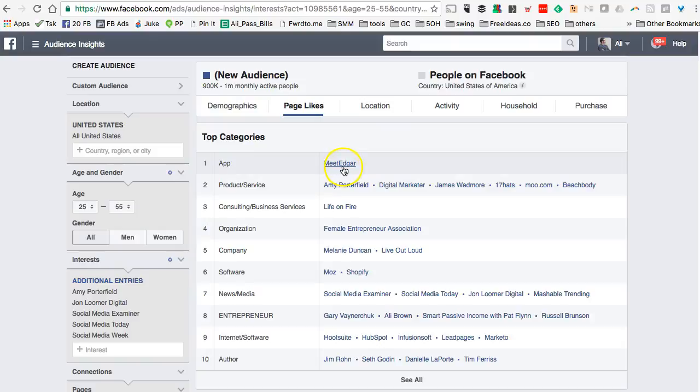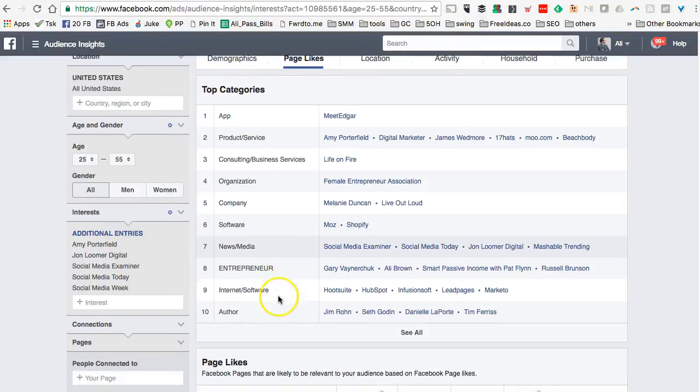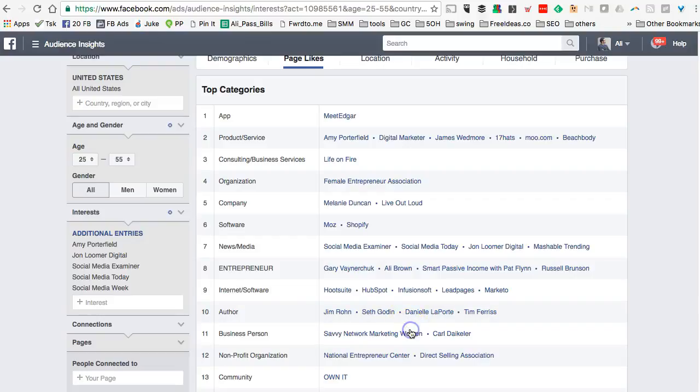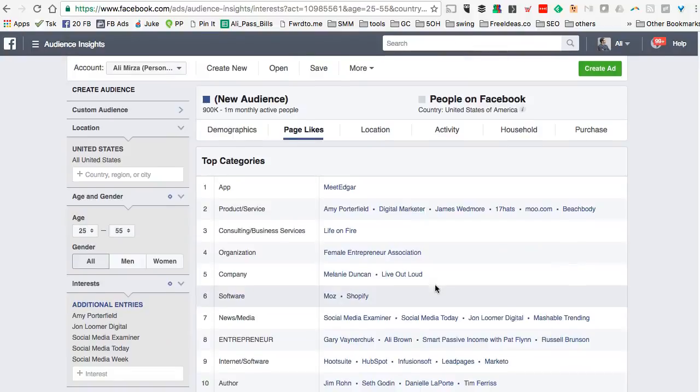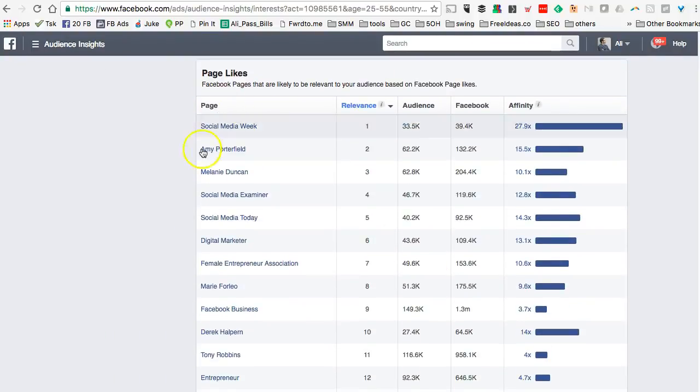Here's the top app they use, different products and services, the organizations, companies. Here's the software they use. So my target audience uses Moz and Shopify. And here are different entrepreneurs they are connected with and different authors and their books that they're reading. Super, super cool stuff. So what you can do is make a list of these pages, and then when you're